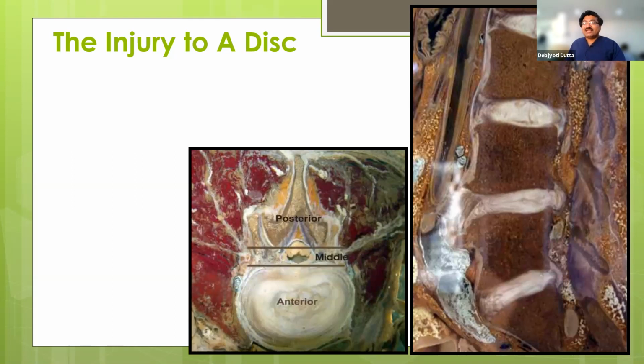The way is here we need to fix all other parameters except the disc. So how can we do that? Suppose we are suspecting that this disc is painful. So what can we do? We can selectively increase the pressure of this disc by injecting the dye, and we will be measuring the pressure